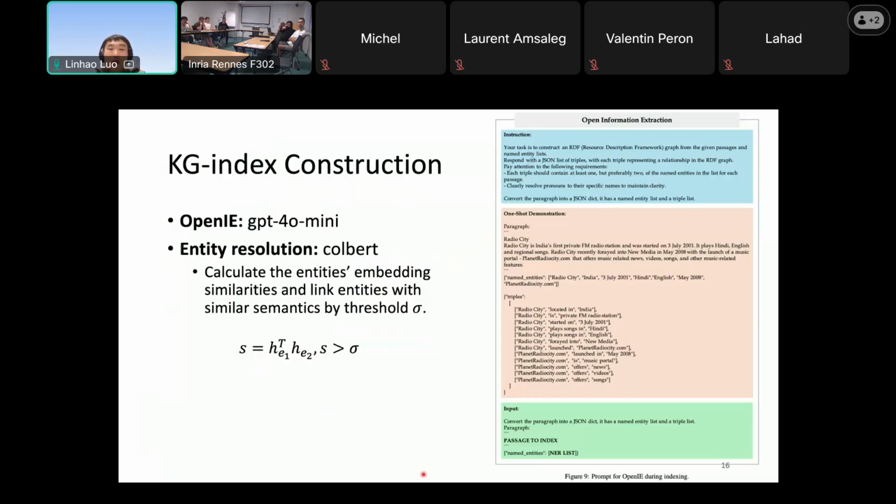Given a document, we provide a short instruction to ask the LLM to extract the triples mentioned in the document. Also, because the same entity can be described in different ways in different documents, for example United States, US, or USA, we address these different representations of the entity by utilizing entity resolution tools to calculate the embedding similarity and link entities